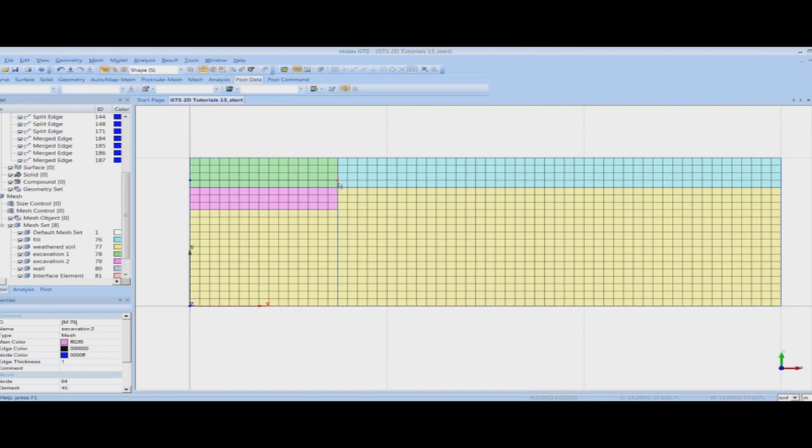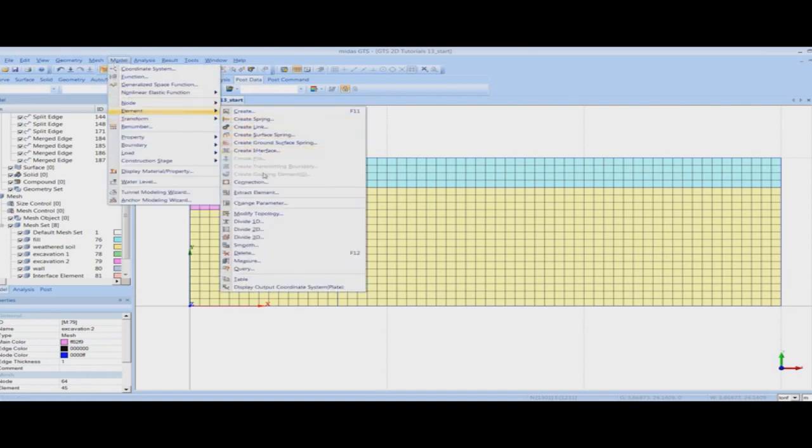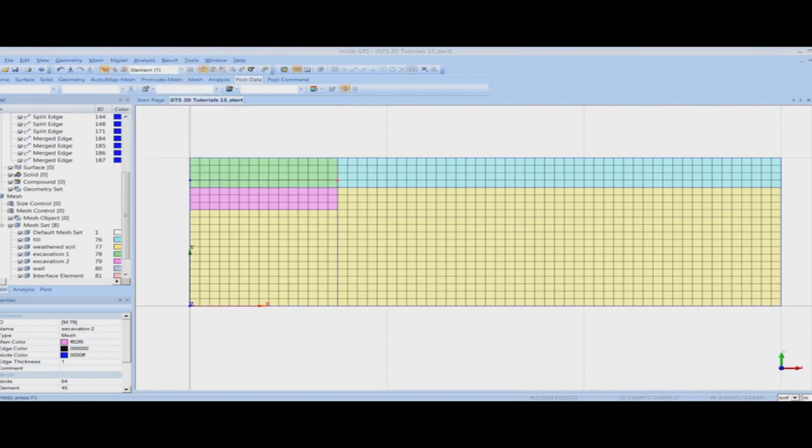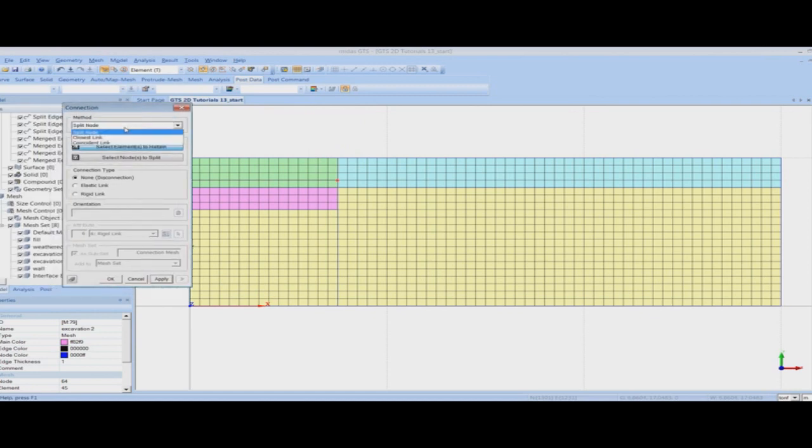So for that purpose I will be modeling a rigid connection between the elements on this mesh set and the elements on this mesh set. For that I will go to model, elements and connection. I will select the type of connection as coincident link, and I will select all the nodes where I want to provide the links.